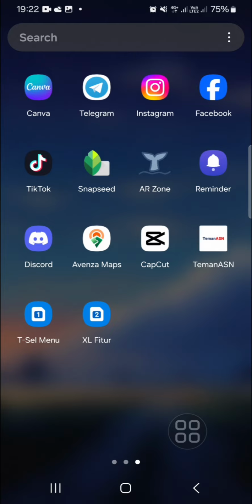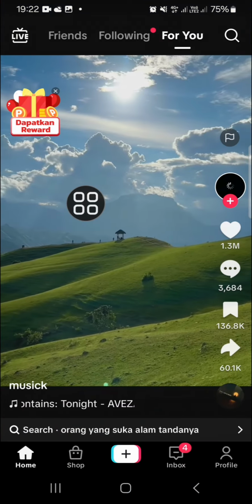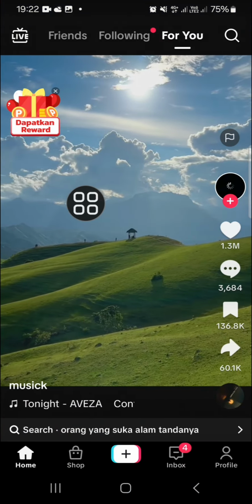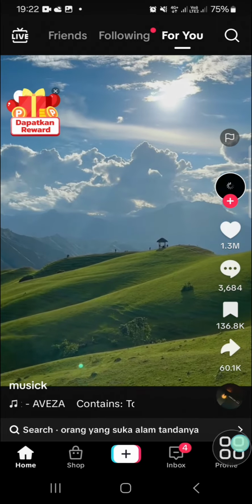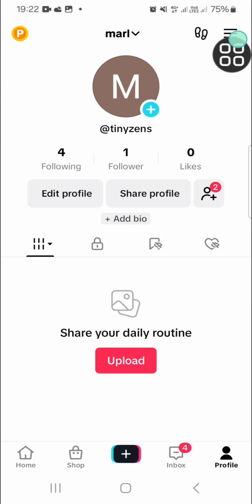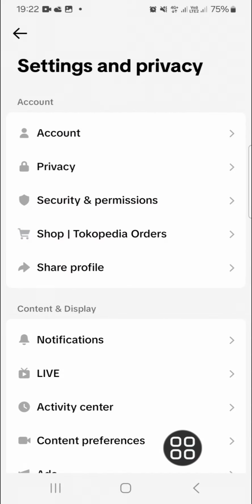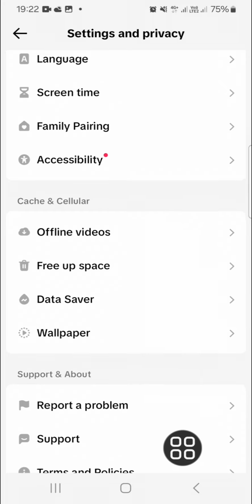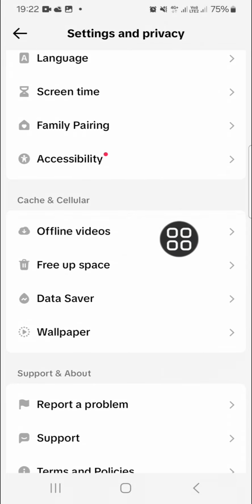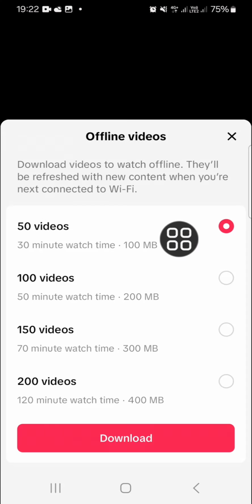First thing first, I'm going to open up my TikTok application on my mobile phone and we're going to go to the TikTok settings and privacy. Go to your profile first and then you can click on the three lines on the top right, and here you have to choose the settings and privacy. Okay, and scroll down until you find offline videos, and here you will be able to choose how many videos